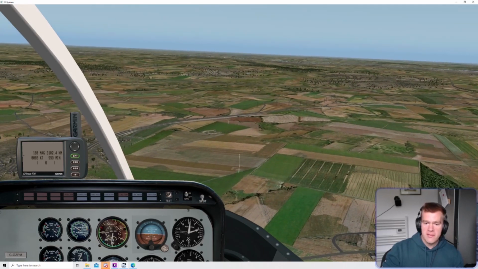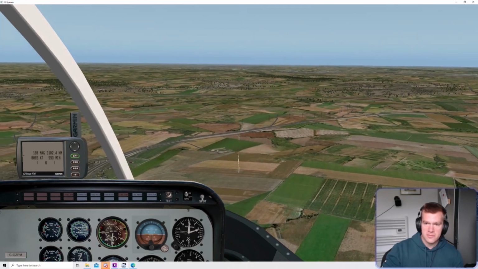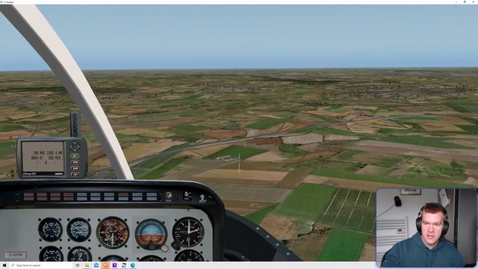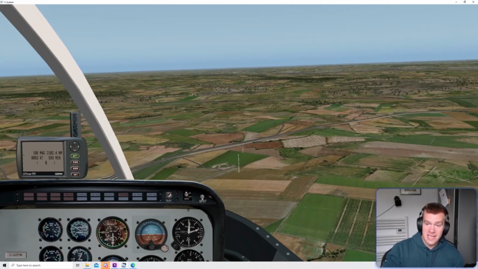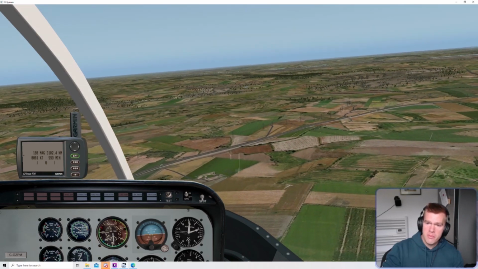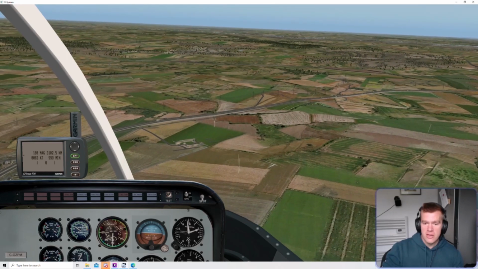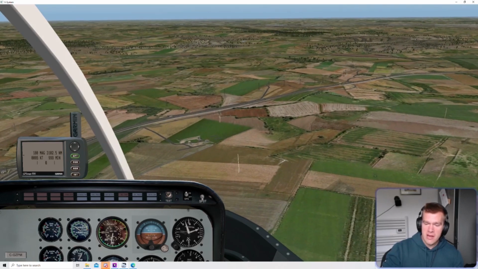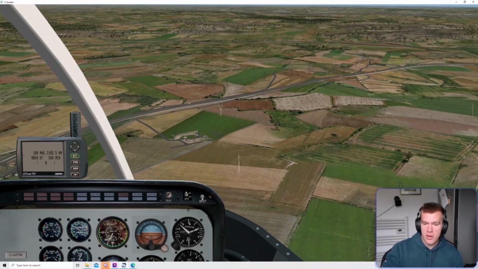descend. So if we're in level flight, which we are at about 80 knots, the fact that we're not going up or down means that we have enough vertical thrust, as in the lift, to overcome the weight of the aircraft. If we push the stick forward and we redirect that thrust rearwards, we get more speed, but now we don't have enough lift, and so the aircraft starts to descend. If we pull it back